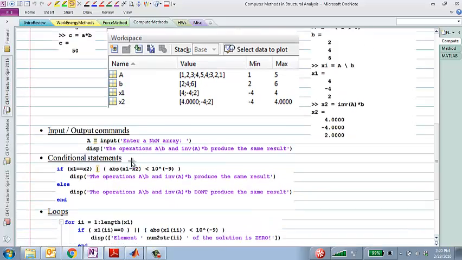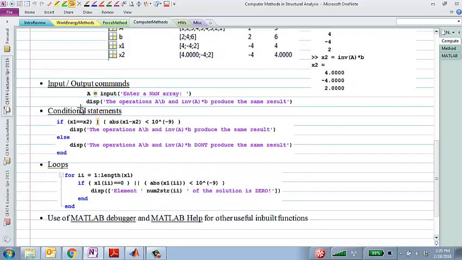There are other things, too. For any programming language, two of the most important things are conditional statements and loops. If you understand how conditional statements and loops work, you can understand any programming language. So I'll talk about this next time,